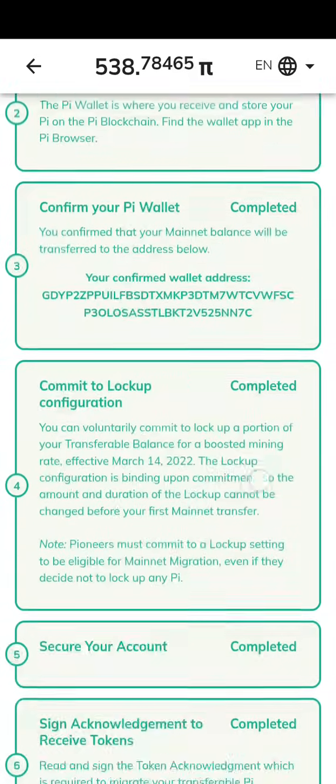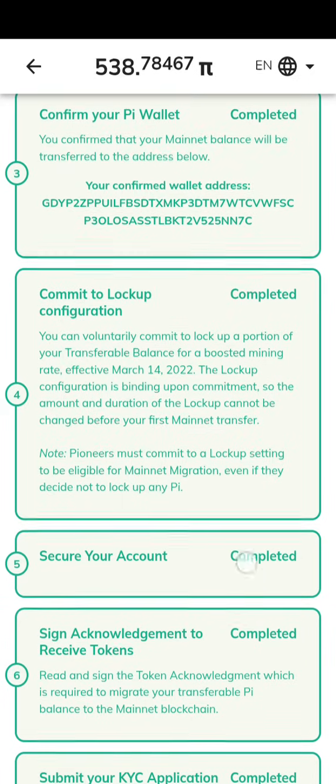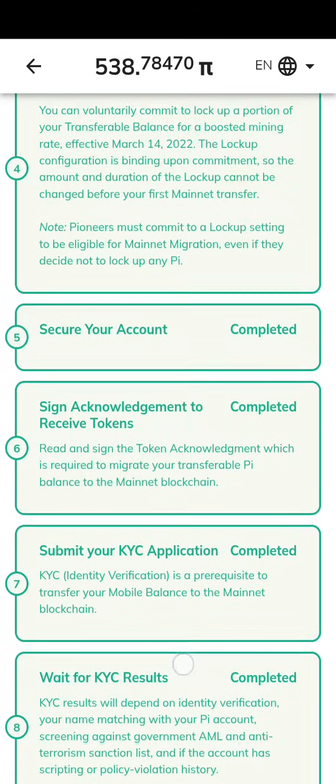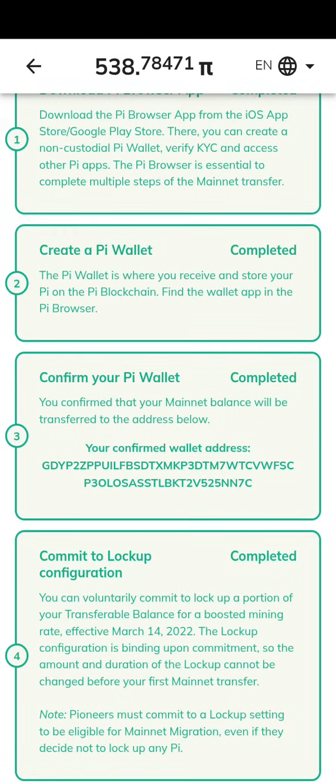Alright, so there is this, you see secure your account, this number 5. If you click on this, that is where they will tell you to verify either through Facebook account or phone number. But like I said earlier, I suggest you make use of phone number. So that's been done. That is how you can secure your account. Then aside from securing your account, there's one other thing you're expected to do, which is to confirm your